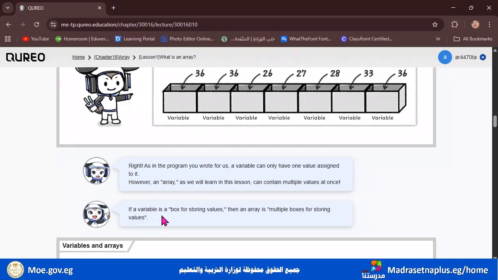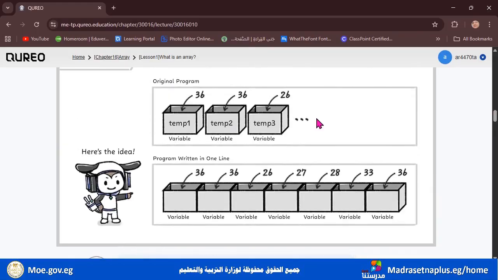If a variable is a box for storing values, then an array is multiple boxes for storing values. So we have different boxes that work together, not just the original program.